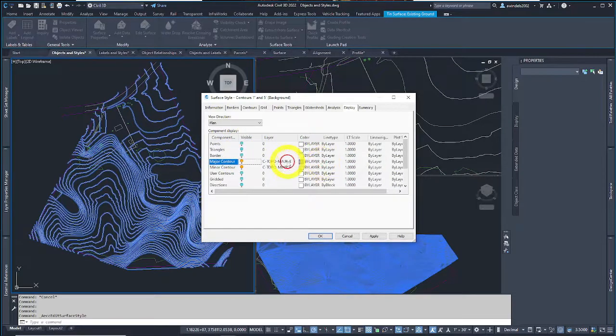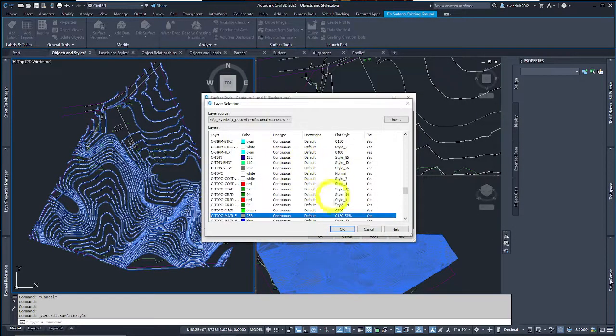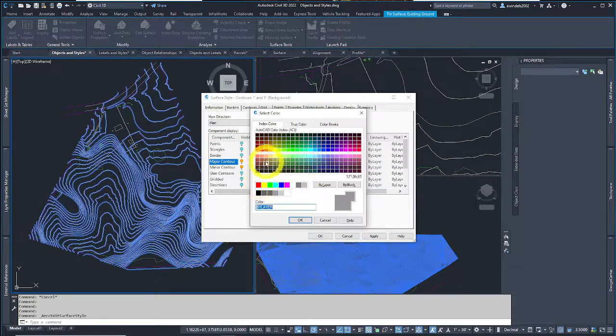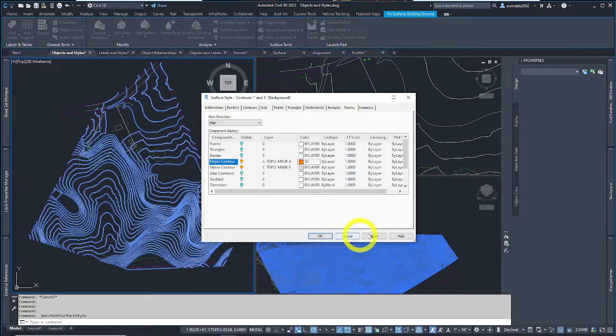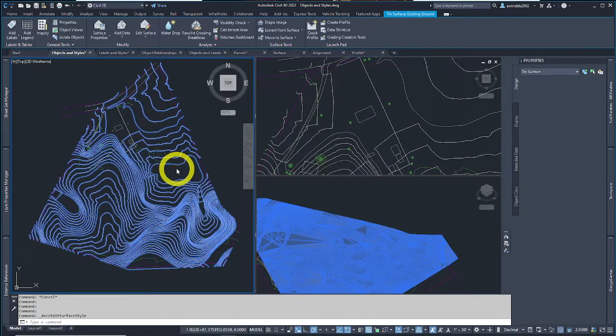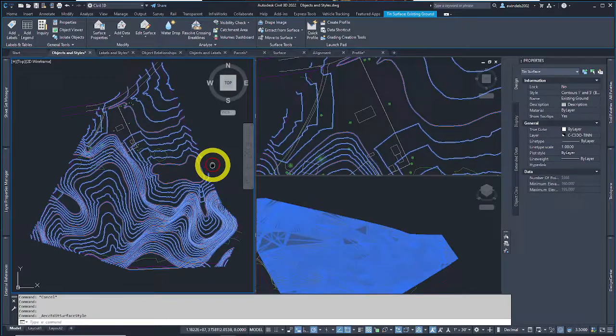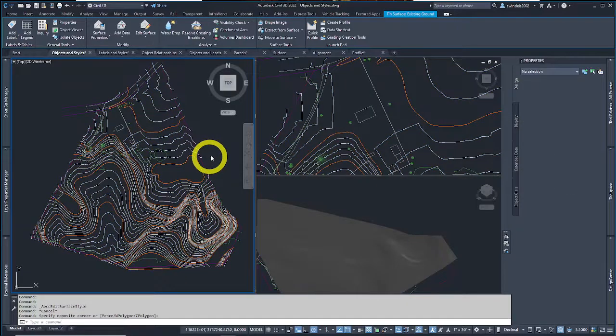Let's change this major contour. There are a lot of things we could change. I'm going to change it to, let's not even change the layer, let's just change the color to something really noticeably different, something hot, like orange, and hit OK. If I wanted to do more I'd hit apply, but okay, I'm done. And there we changed the style of this Civil 3D object